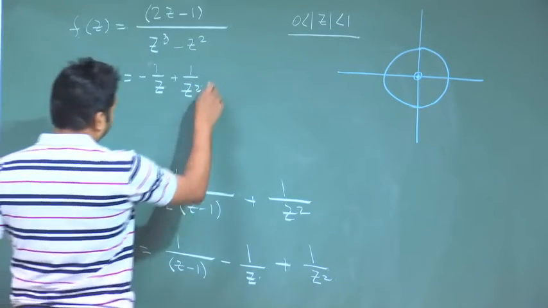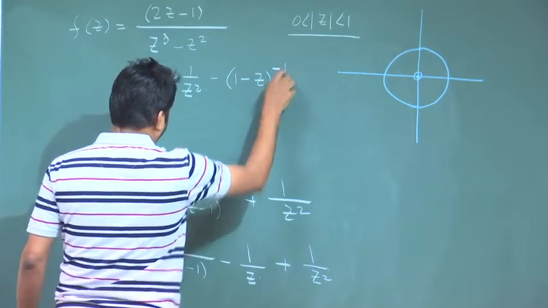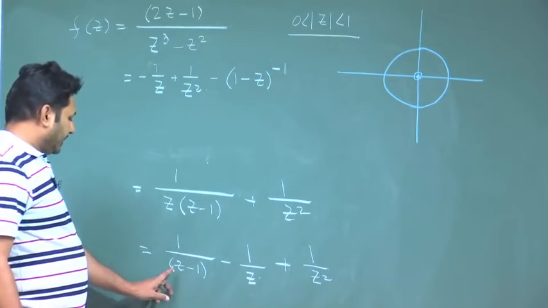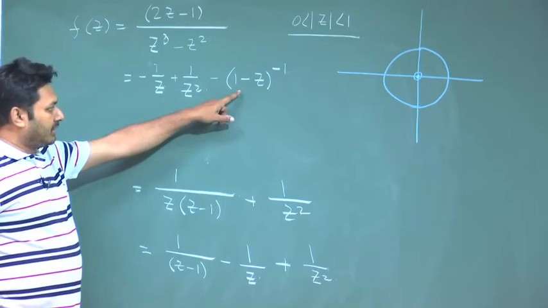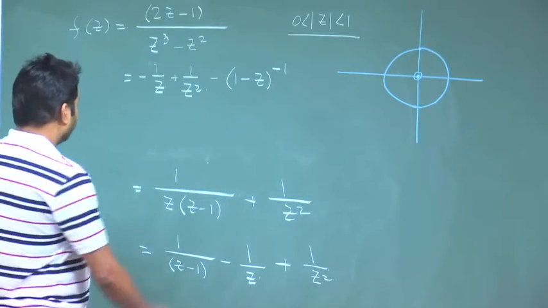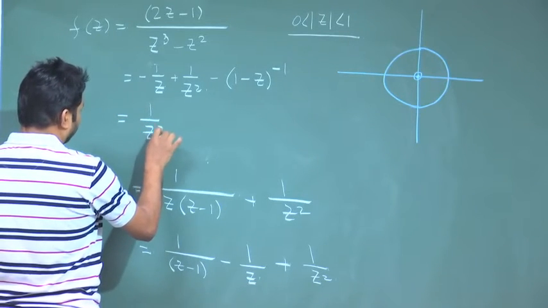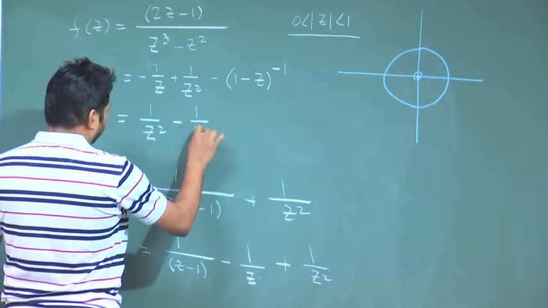Another term, I write minus (1 minus z) to the power minus 1. I take minus common, then it will be 1 minus z, to the power minus 1 with a negative sign here. Then the expression is something like 1 by z square minus 1 by z